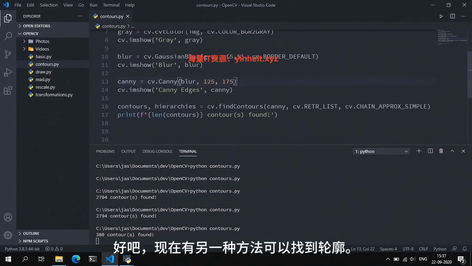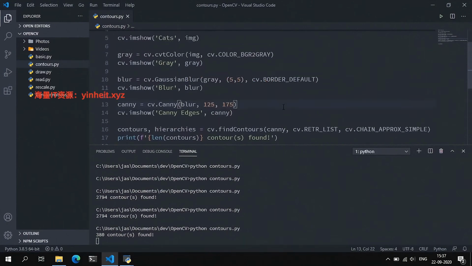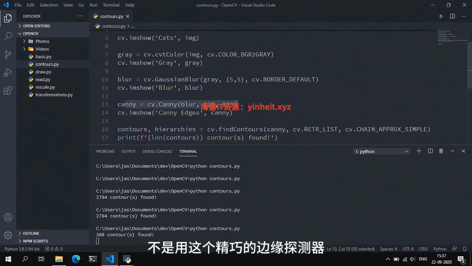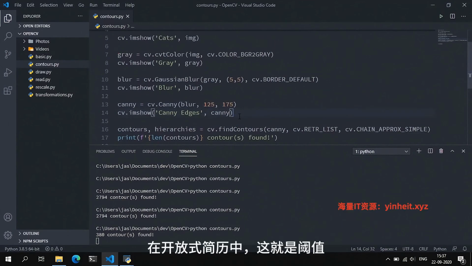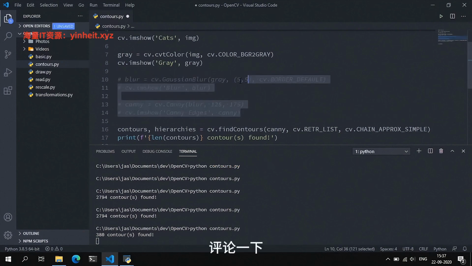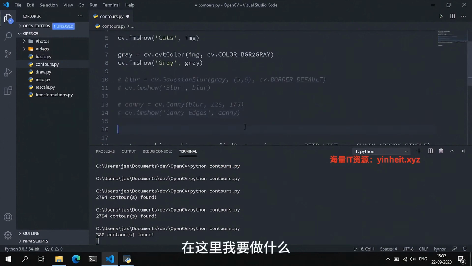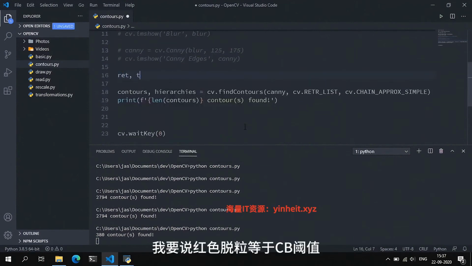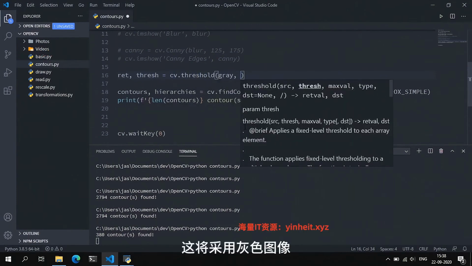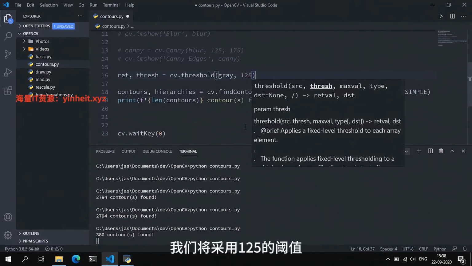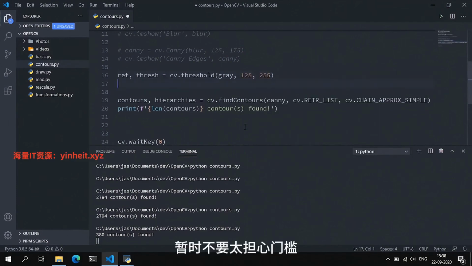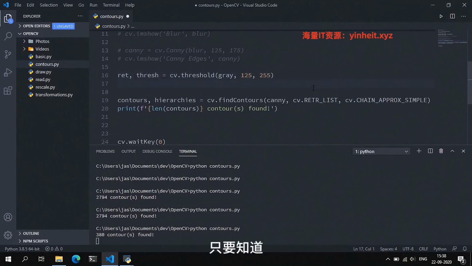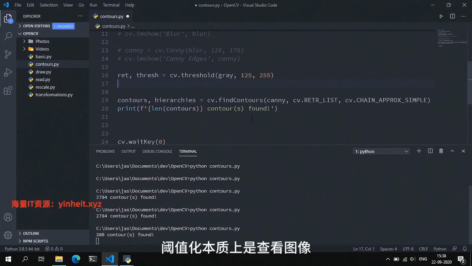Okay, now there is another way of finding the contours, is that instead of using this Canny edge detector, we can use another function in OpenCV, and that is thresholding. So I'm just going to comment this out, and down here what I'm going to do is I'm going to say ret, thresh is equal to cv.threshold. This will take in the gray image and will take in a threshold value of 125 and a maximum value of 255. Don't worry too much about thresholding for now. Just know that thresholding essentially looks at an image and tries to